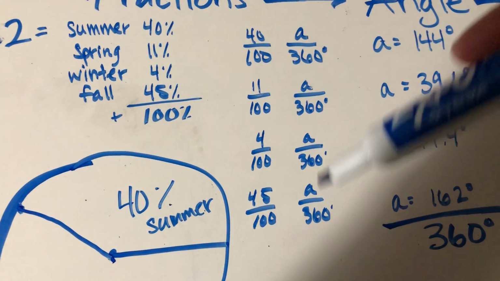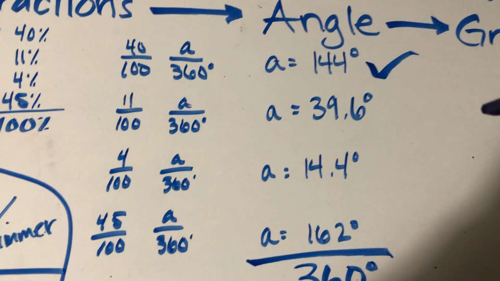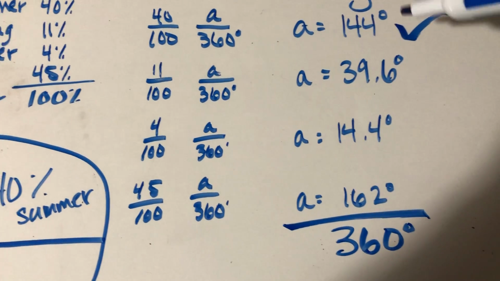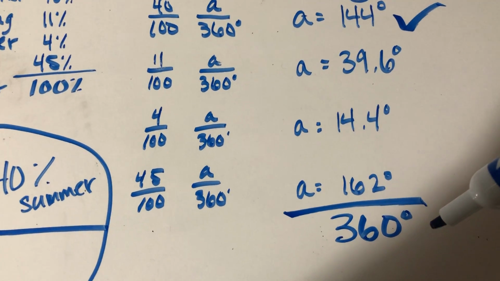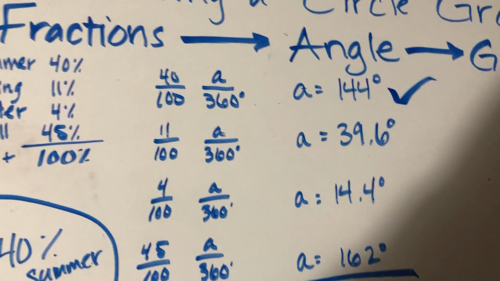So when you do that for all of them, you're going to get all these angles. And obviously, they should all add up to be 360 degrees. So that is going to be your check. I really want you to do this check